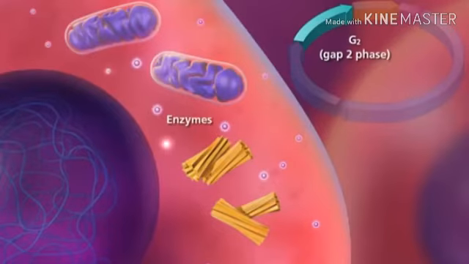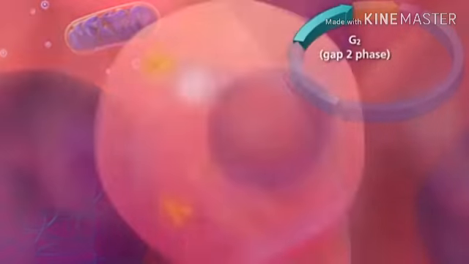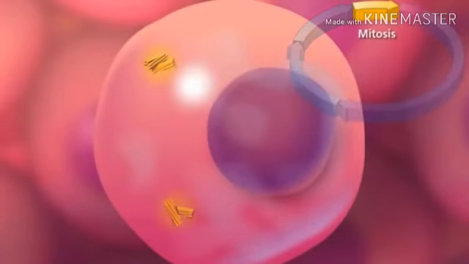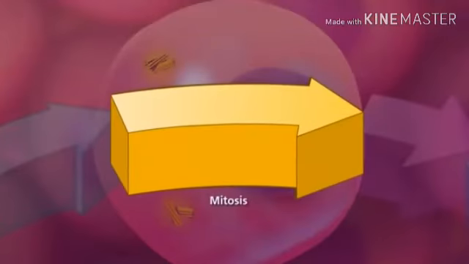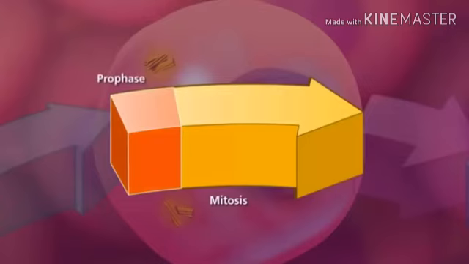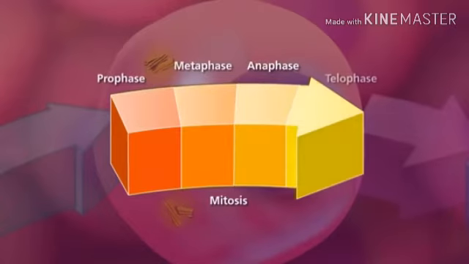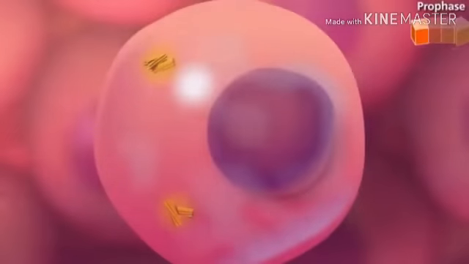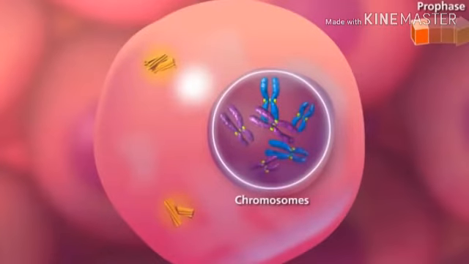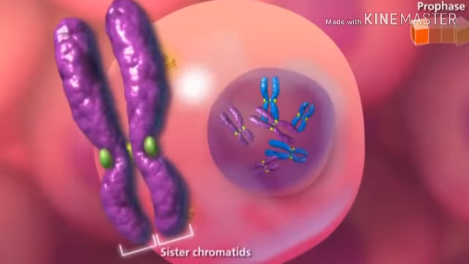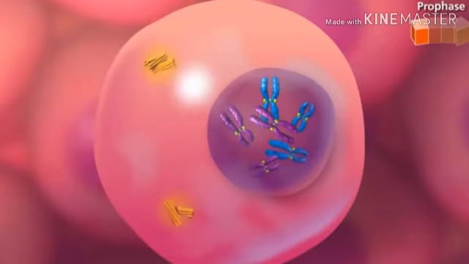Most eukaryotic cells spend a great deal of time in interphase and a very short period of time actually in the process called mitosis. Now here the process of mitosis will start, and the cell is now ready to go through mitosis, which consists of prophase, metaphase, anaphase and telophase. In prophase, the chromosomes condense and become visible, appearing as two sister chromatids held together at the centromere. The cytoskeleton disassembles as the spindle begins to form.